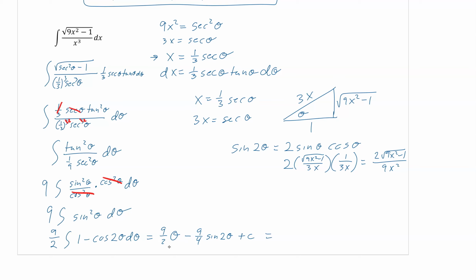Okay. And we also need theta. So theta here is used right there. So secant theta equals 3x is what we're going to be using. So that means theta equals inverse secant of 3x. Now we could have also done an inverse cosine of 1 over 3x. That's your choice on what you want to use, but we're going to use the secant because that's what we have. Inverse secant of 3x minus, now I'm going to plug it in,